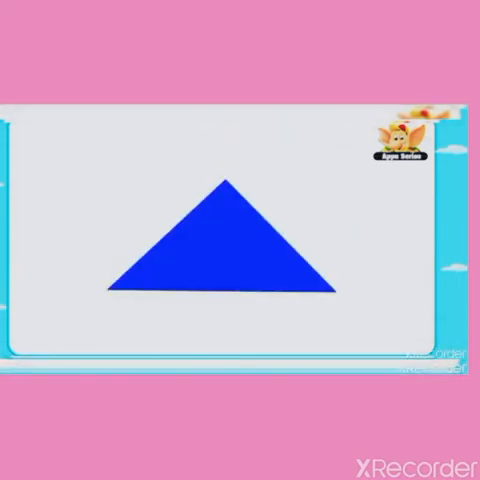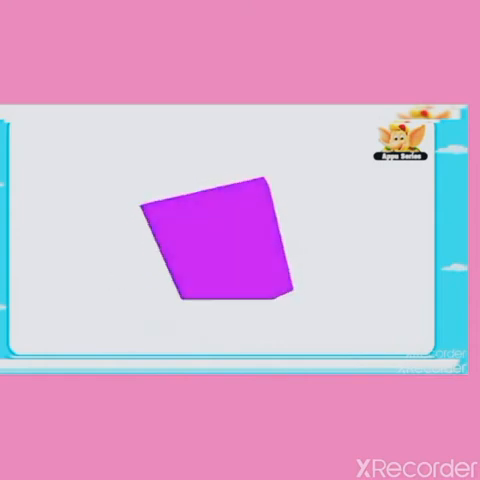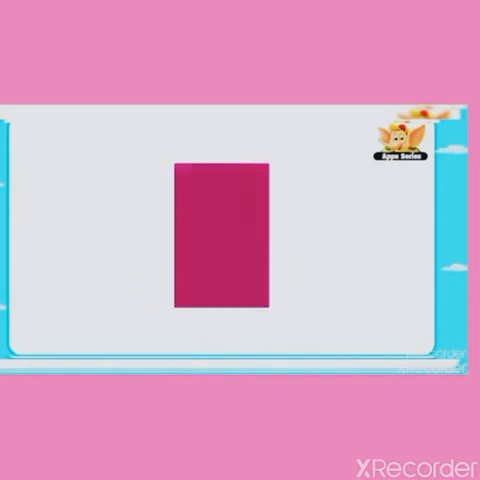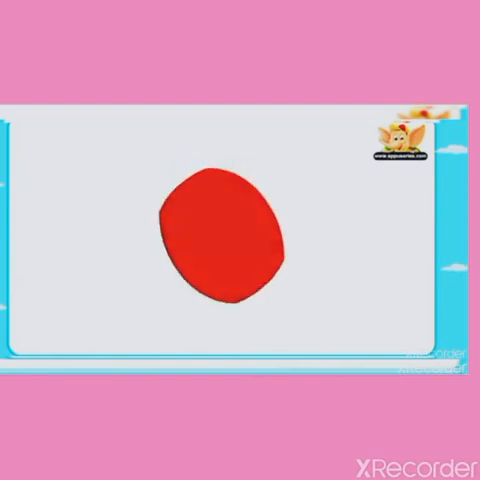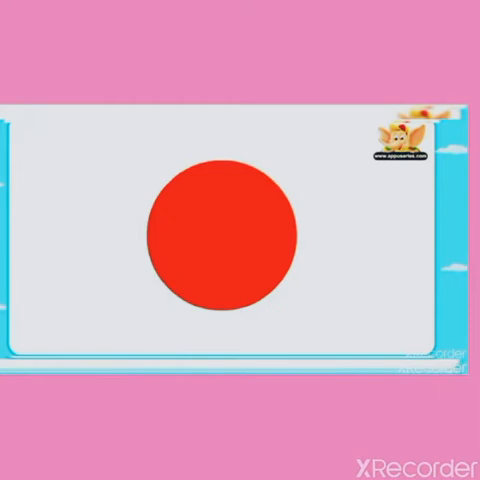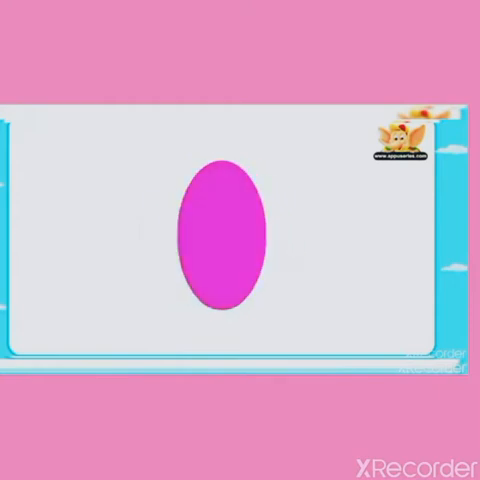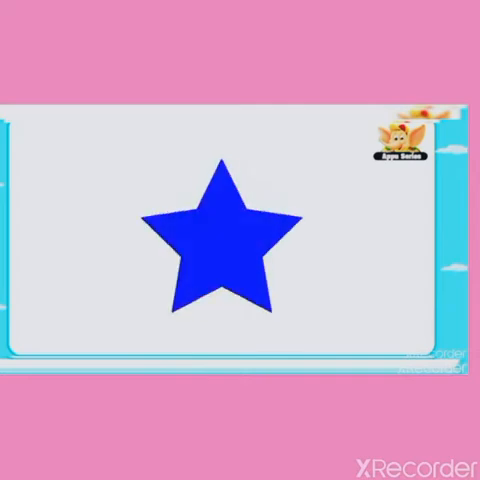What is this? This is a triangle, and this is a square, and you know this rectangle, and the circle, it is red in color, and it's an oval. This is a star,